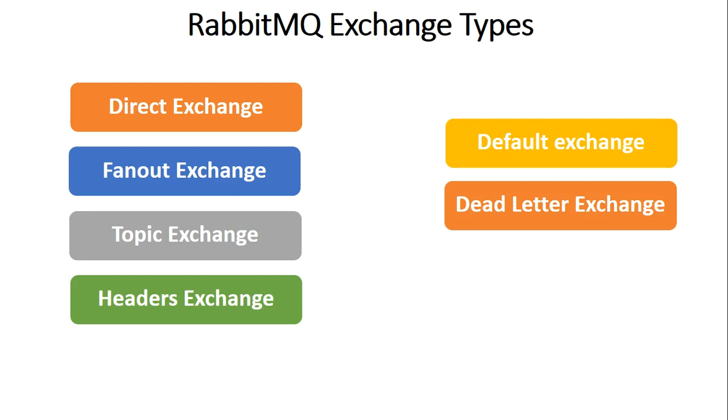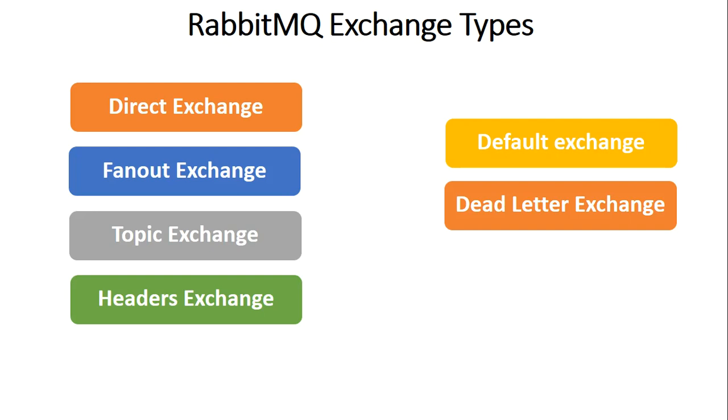And then we have a topic exchange. This is the type of exchange which is used for wildcard associations between the exchange and the queue. Whenever a producer sends a message to a topic exchange with a routing key, all of those queues which are bound to that topic with a wildcard association will receive the message. As an example, let's suppose that we have a producer which produces a message with the routing key